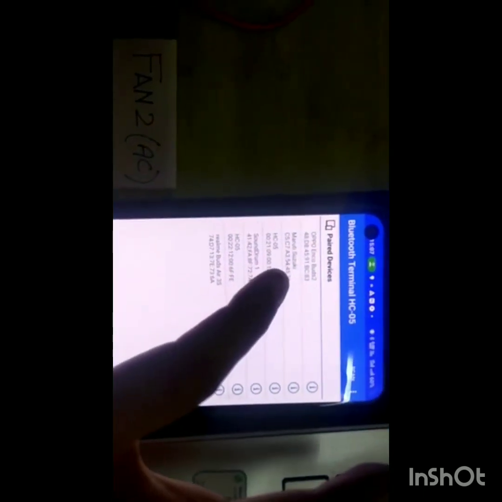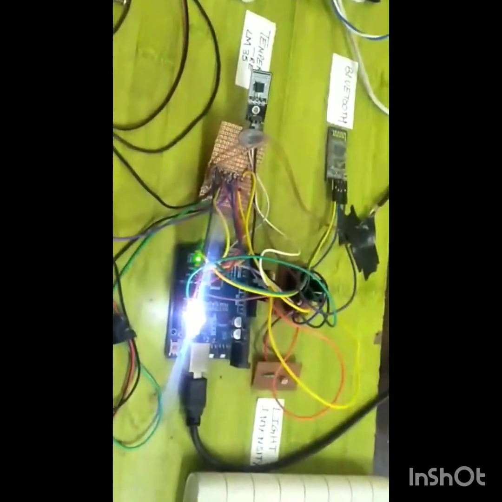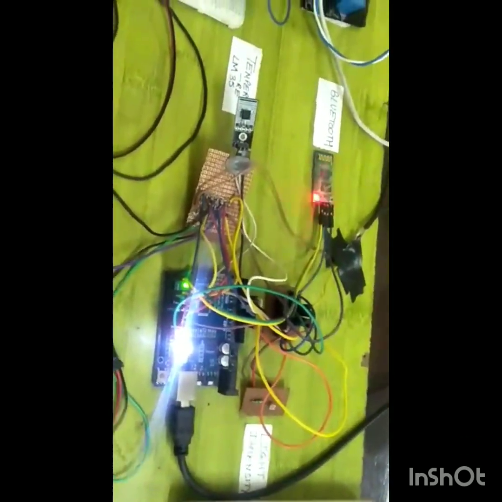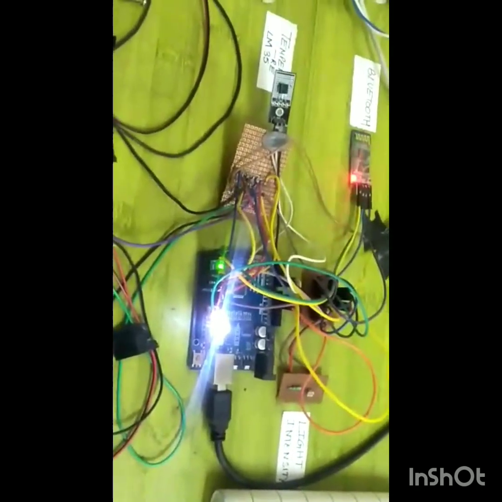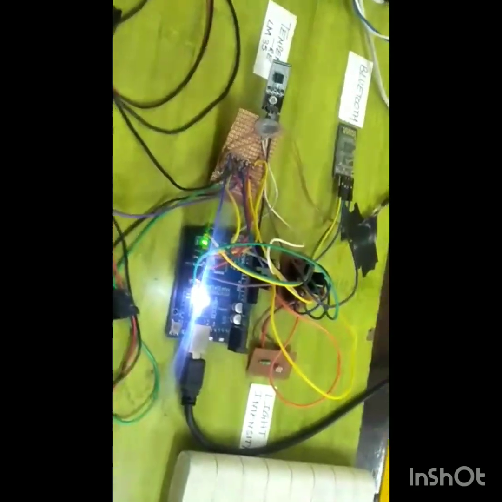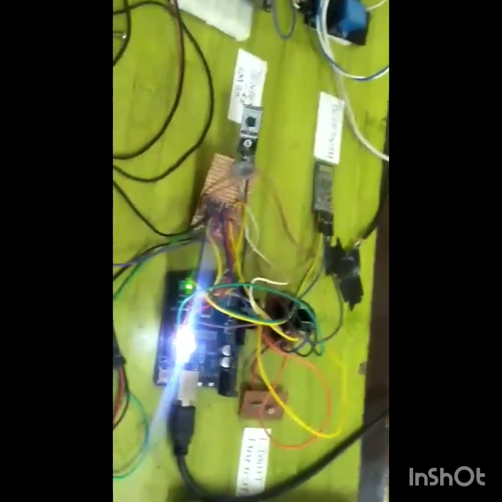For example, I am turning on my Bluetooth module, that is HC-05. Let it connect first. Now when the temperature sensor senses the temperature inside the room, then according to the temperature our system will adjust its cooling features. For example, if the temperature inside the room is 20 degrees Celsius, then our cooling system will be at a lower speed. It requires the lowest amount of cooling.